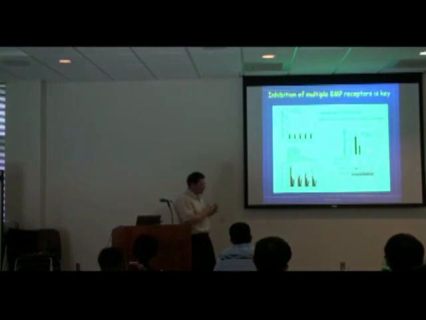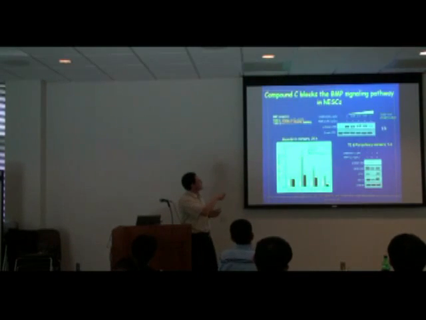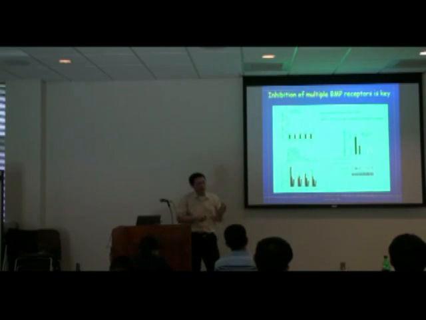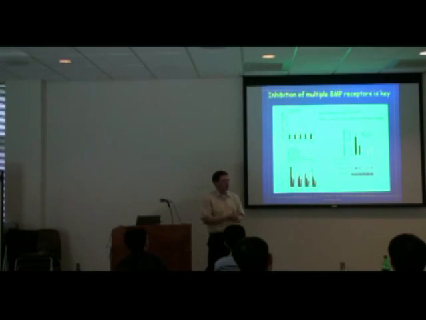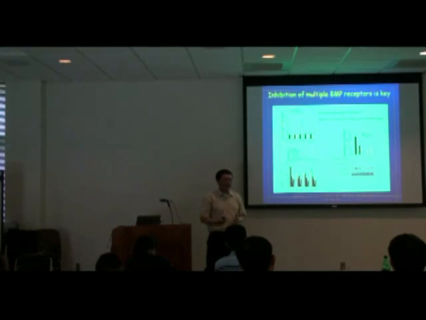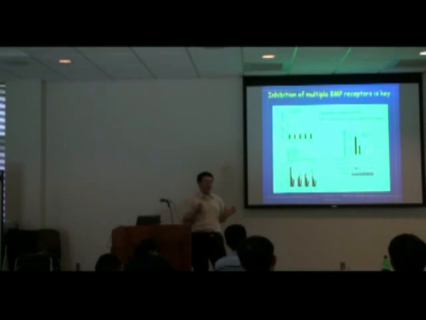Now, the other reason why compound C is so potent is because it targets multiple receptors, like I said before, and then we show this is important. So the idea is the following, you probably don't have to look at this data because you probably get confused. So if you knock down one receptor, remember, in the BMP signaling pathway, there are multiple receptors. If you knock down only one receptor, you won't see a thing. Nothing happened. There's no inhibition. You have to knock down at least 2 or maybe 3 to see robust inhibition. I think we got lucky here because compound C not only targets TGF-beta receptors, it targets multiple receptors, and therefore it's so potent on signal.